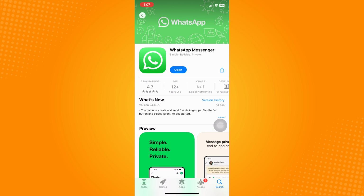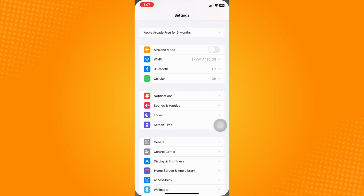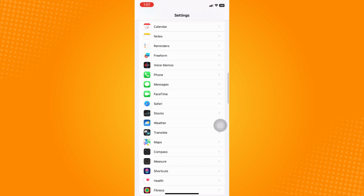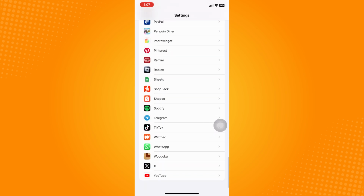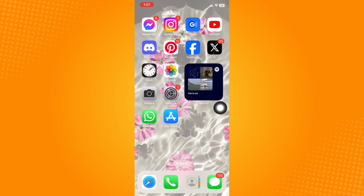Now, once updated like this, you can now go to settings. So you can go here and scroll all the way down until you see WhatsApp here. Click on that and make sure that you have given access to your microphone, because that might be the problem why you cannot send a voice message on WhatsApp. Now, if you have turned that on and still have that problem, what you can do is go here